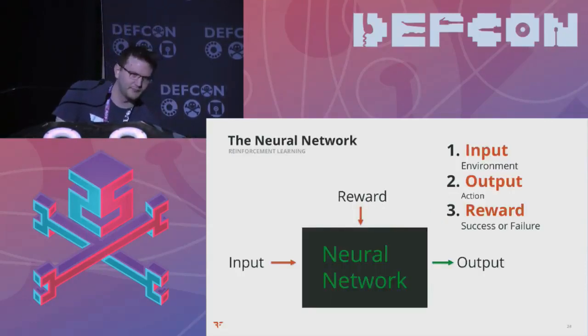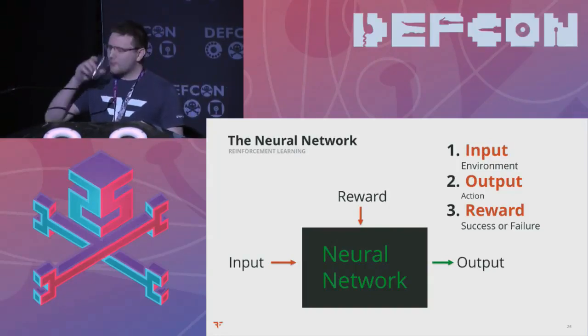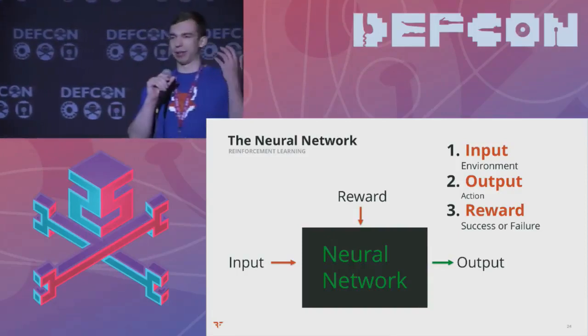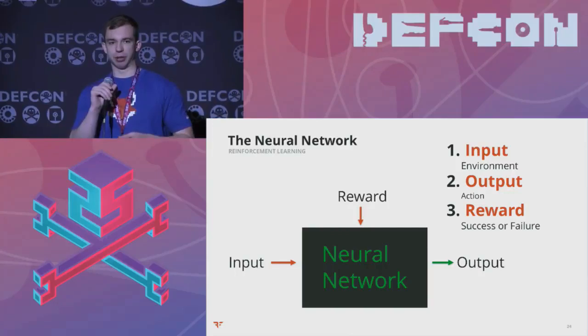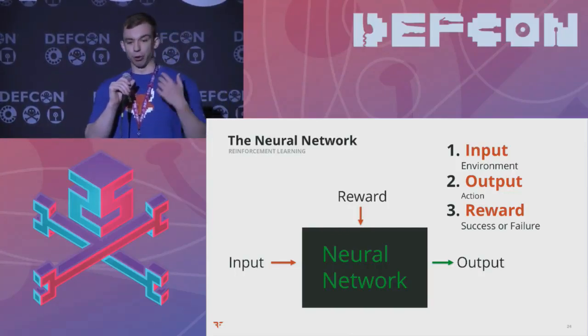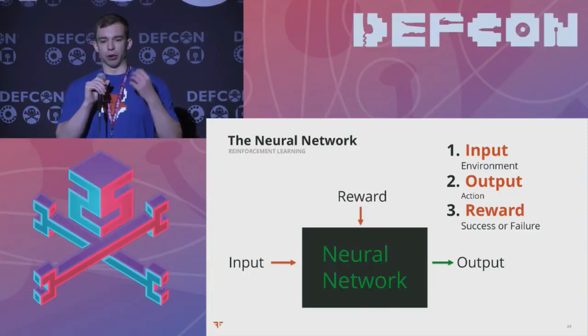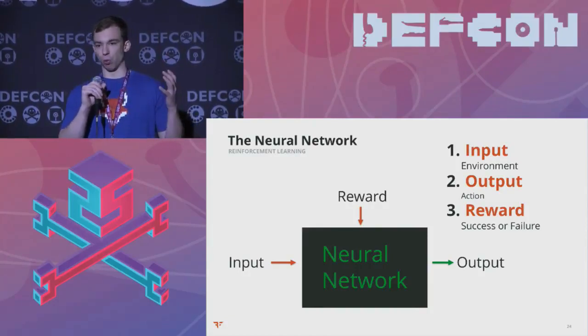Yeah, so there's three things you want to think about when you start saying, okay, approximating functions sounds kind of complicated. How do I actually start writing code? How do I start getting into this? You want to think about three things for your program. There's basically your input, which is going to be your environment. It's essentially everything your AI program knows about the world.